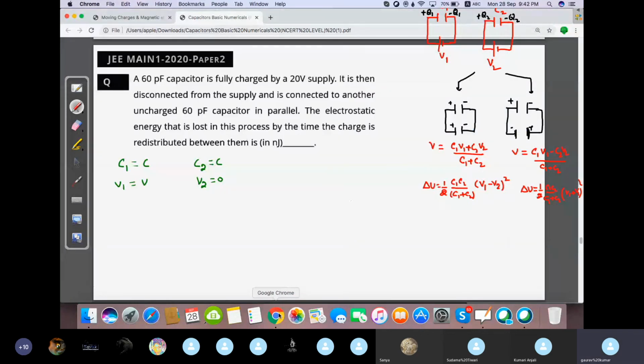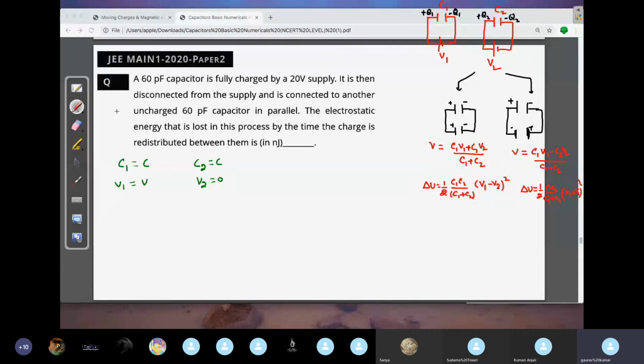Okay, so this is what is given to you. So when you connect them in parallel, definitely you will have loss of energy, right? So let's write the loss of energy, delta U. So what is delta U then? Delta U will be, use the formula, half times of C into C by C1 plus C2, that is 2C, into V square. You will get this now. अब कैसा मिलेगा? C और C cancel हो गया. So what you will get is 1 by 4 CV square.